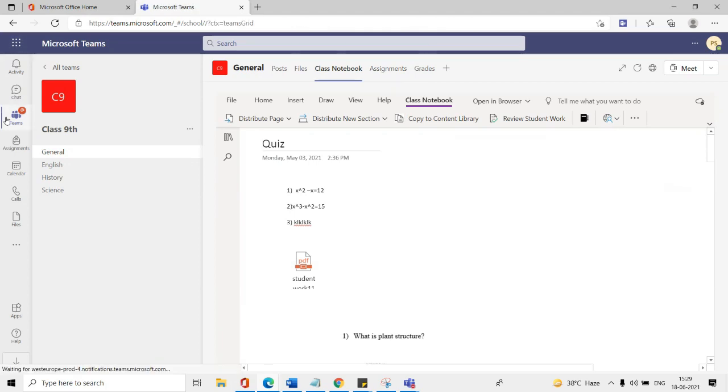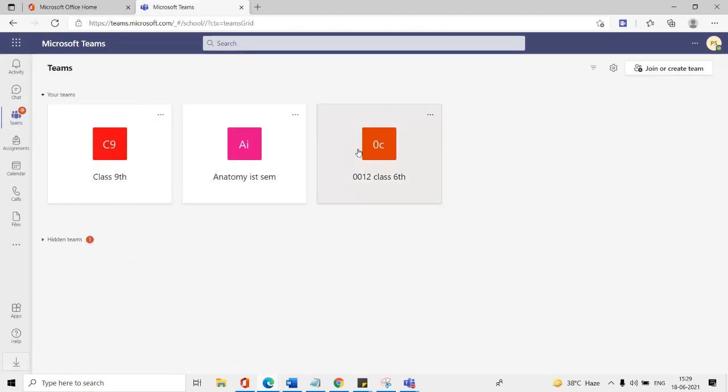In the assignment section also, if you put a due date, after that the child will not be able to upload anything. Yes, this is an internal process. Like lively, they can't do it, right? But yes, you can provide the due date. After that, the child will not be able to upload. Okay. Thank you.